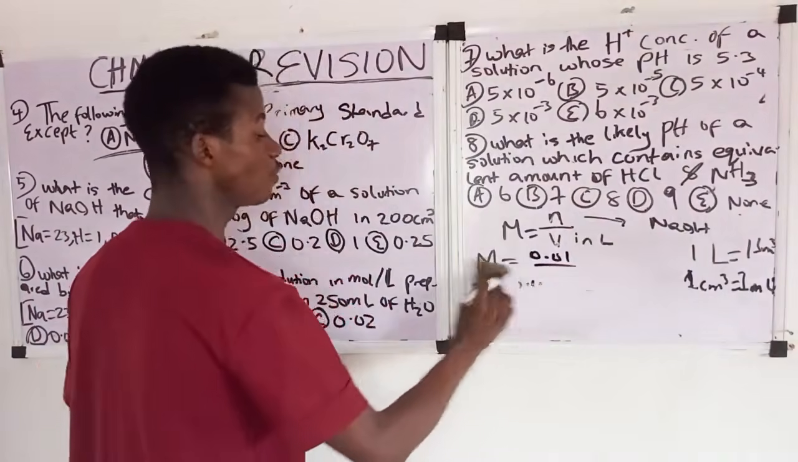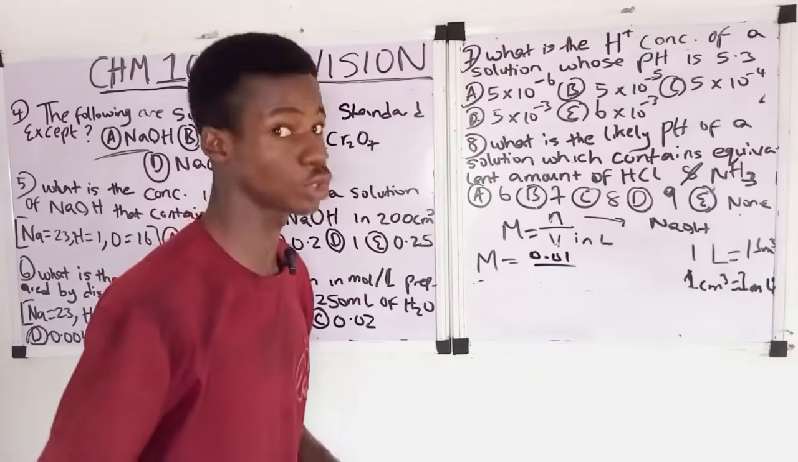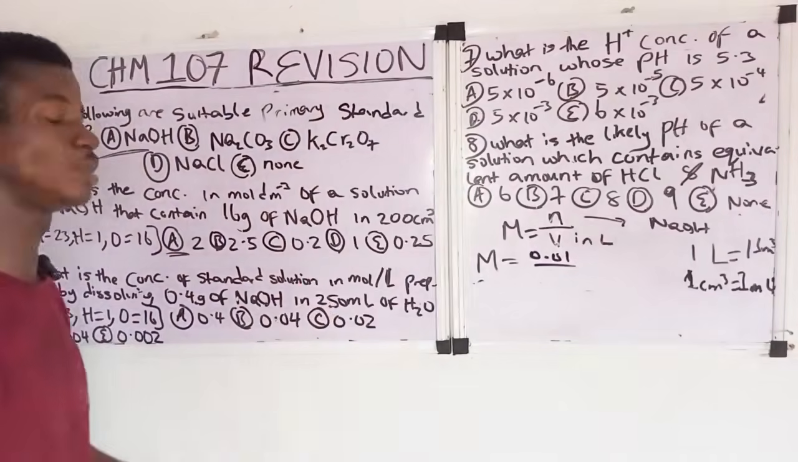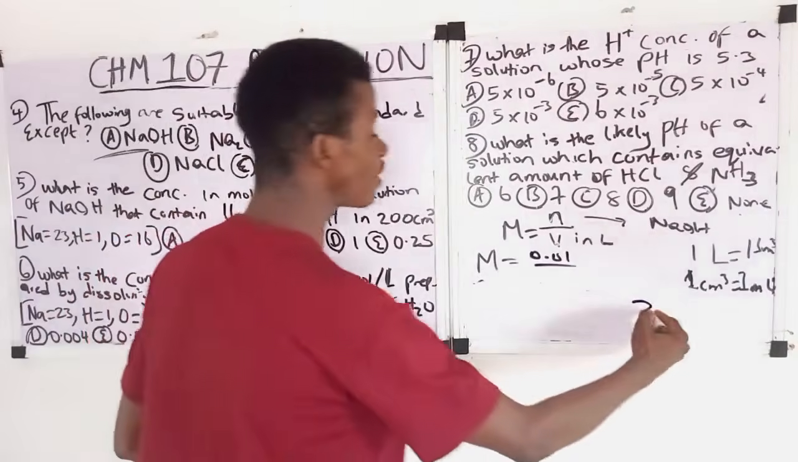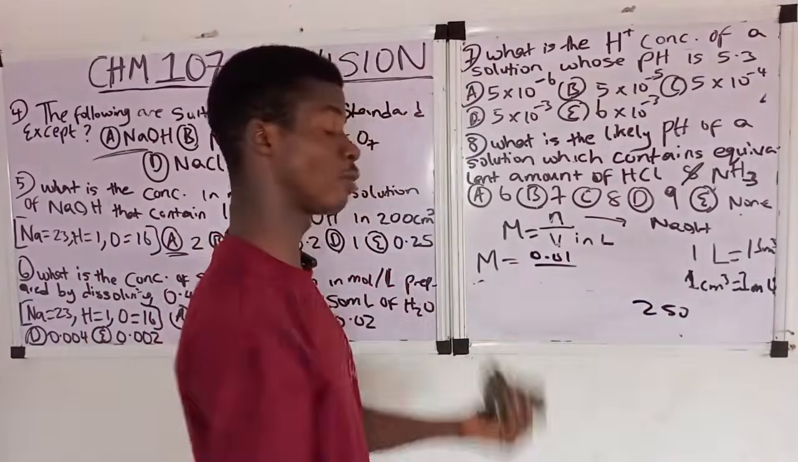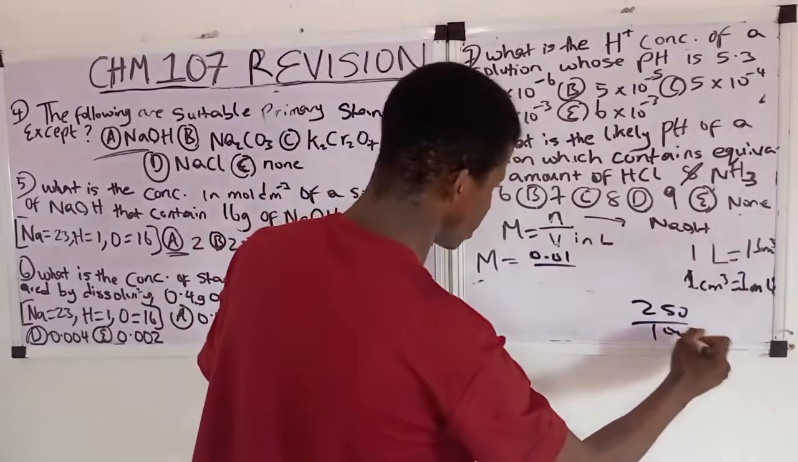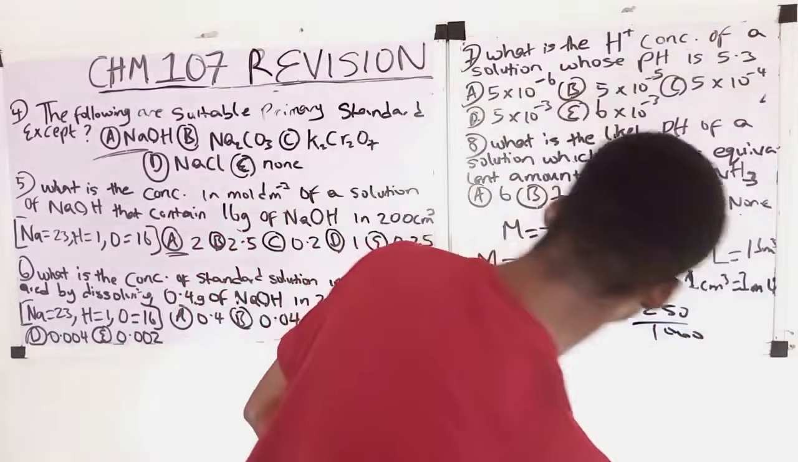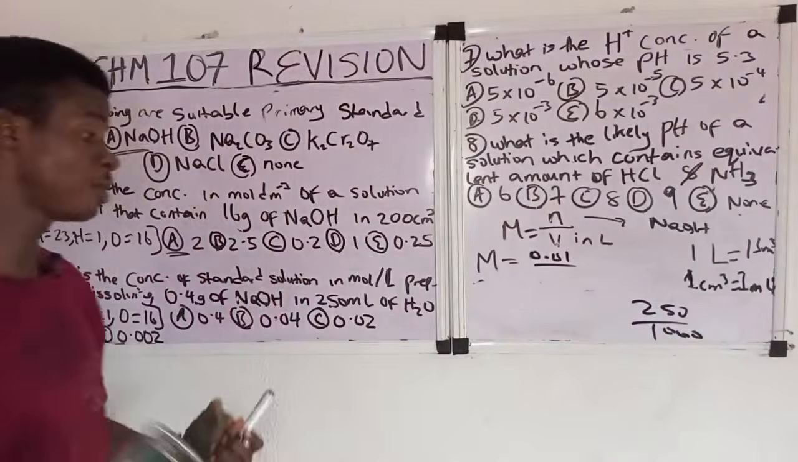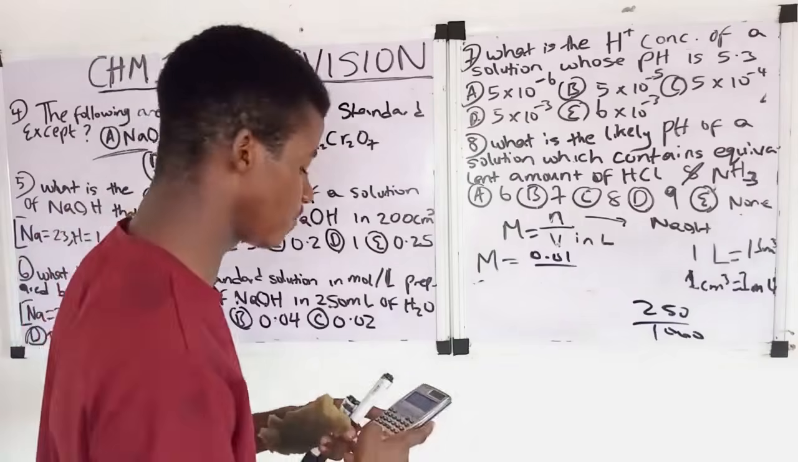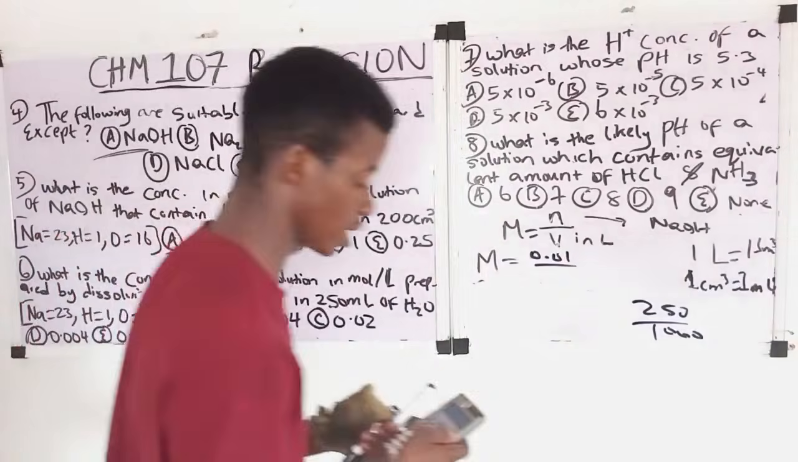If you look at the question, our volume must always be in liters, or dm cubed. The volume here is in mL, 250 mL. To convert from mL to liters or dm cubed, divide by 1000. So 250 divided by 1000 gives us